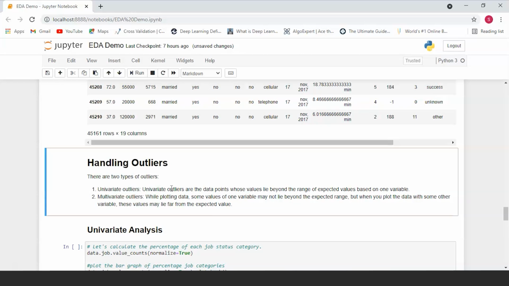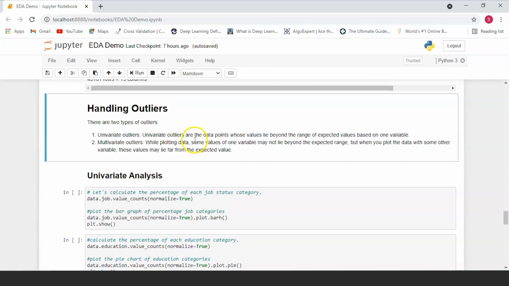These values occur in few numbers, but they have the capability of changing the entire outcome because sometimes they might change the mean or the mode or the median of the data. So they tend to skew the data and our final outcome can be a little off. So we don't need outliers because they don't show us a trend. They're just noise in our data.